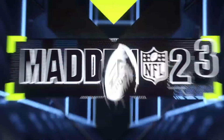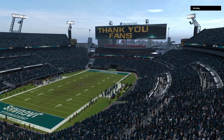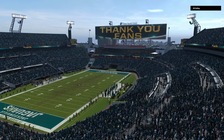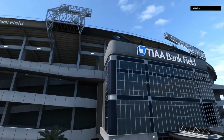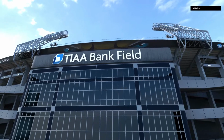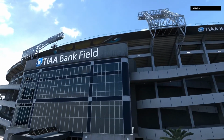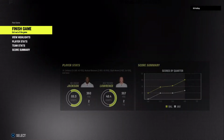So for the Ravens, they keep pace in the playoff race as they move to 8-3 on the year. And they'll be back home next week to take on the Denver Broncos. Meanwhile, for the Jaguars, we'll see how this affects their playoff standing as they fall to 7-4 now on the year. And they'll look to get back on track next week as they travel up to Detroit to take on